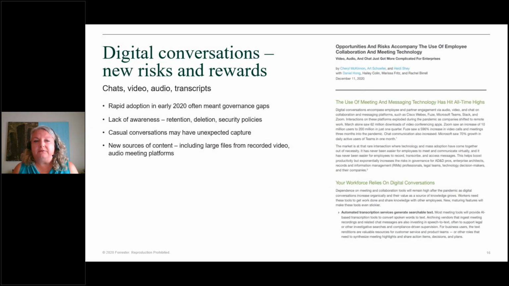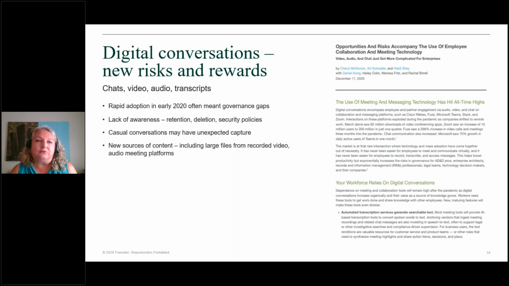The other thing that's really come to the table, and we know that we saw very high adoption rates of many of the team collaboration tools in early 2020. A number of companies I talked to fast-tracked their adoption of Microsoft Teams or Zoom or the Google tools because they had to essentially operate from a home office literally overnight in many cases. And this whole shift quickly revealed that we've got all these new sources of content that we maybe hadn't thought through the governance, the management, the capture of, coming out of this proliferation